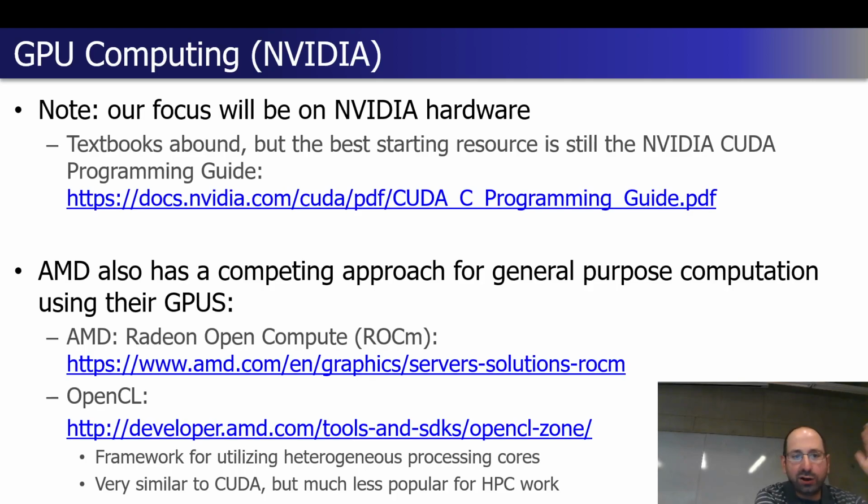There is the NVIDIA CUDA programming guide. It is a hefty read. So you kind of have to start with a hello world example elsewhere, and they provide the SDK that gives you that, and then that's still probably your best bet. So get hello world working, start to understand what features are available. We will get you to hello world and a little bit beyond that this semester. In terms of resources, though, when you want to go past that, I really can't recommend any particular book because by the time I put it on a slide, it's going to become dated soon afterwards.